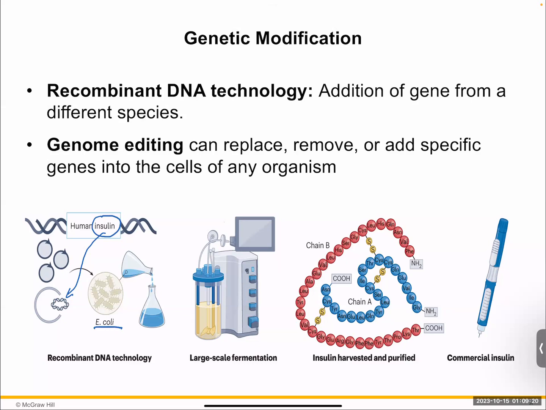And then they grow and grow lots of E. coli. And remember, bacteria are very easy to grow, not like humans, right? They basically double in number every 20 minutes. So you can grow this really easily by doing a very large scale process called fermentation. So now these E. coli have produced the insulin as one of their proteins. You can isolate and purify that insulin and then put it in pens for people who are diabetic to inject themselves and make sure that they are maintaining their glucose.